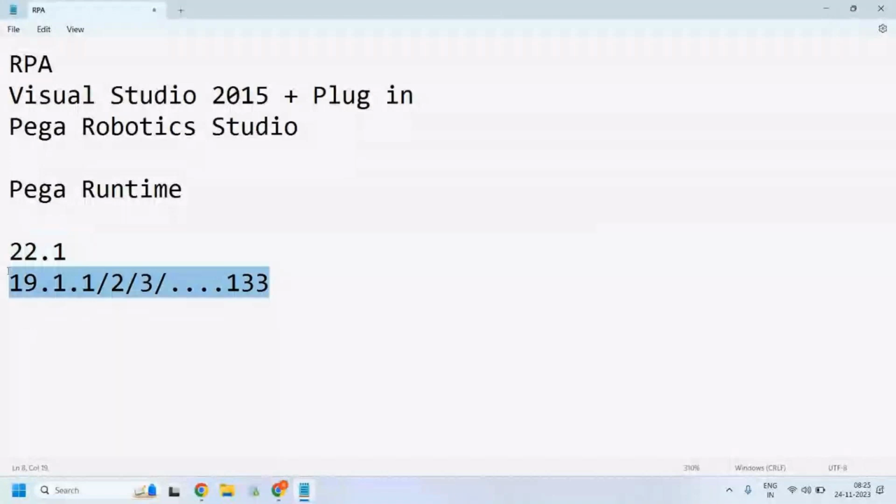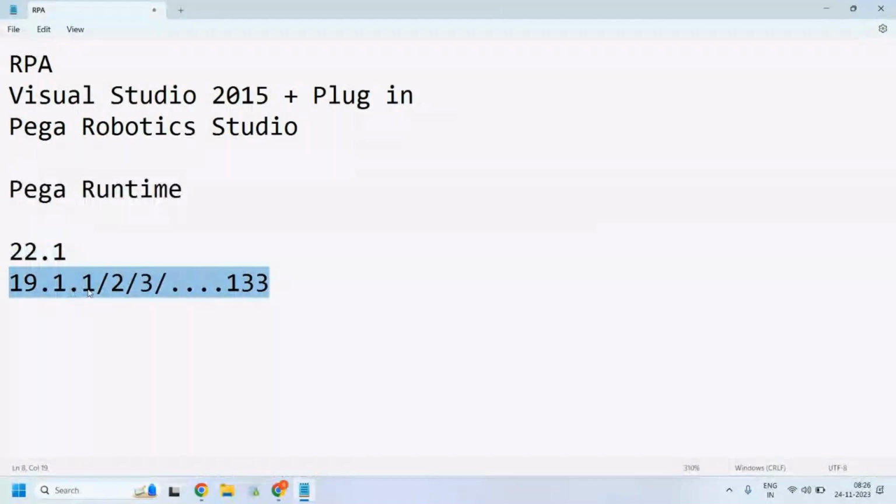The difference between 19.1.1, 19.1.2, 19.1.3 is the features or fixes for the bugs reported by real-time users, and they add the version here. 21, they directly jump to 22.1.